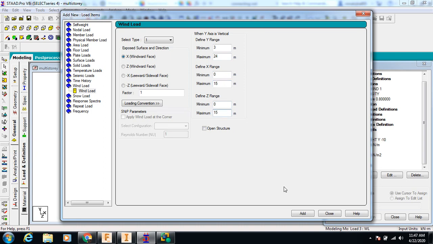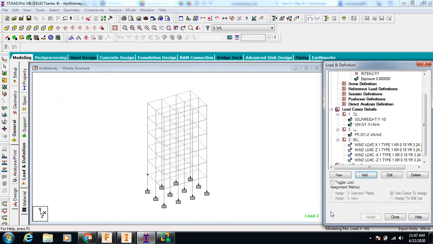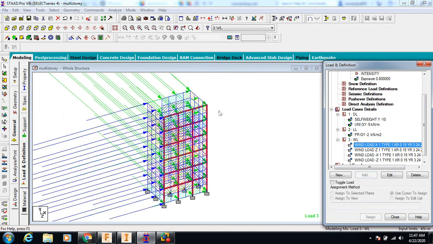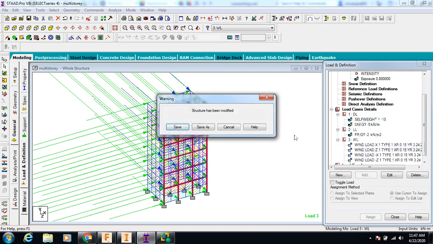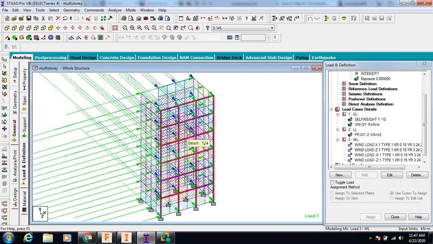And now we will add, for Z we will add, for minus X we will add, and for Z X we will add. And also we can change the direction, and +1 factor we can take -1 also. So when you will click here, you can see the air is acting up to here at this point, and if you are clicking here, this air is acting at topmost surface.